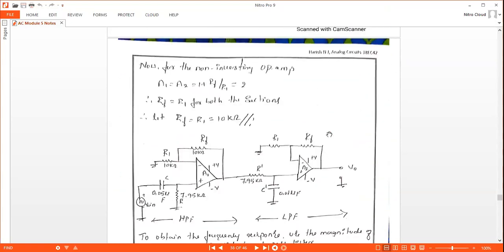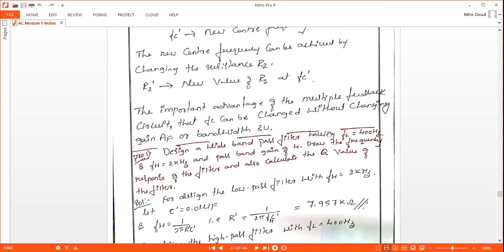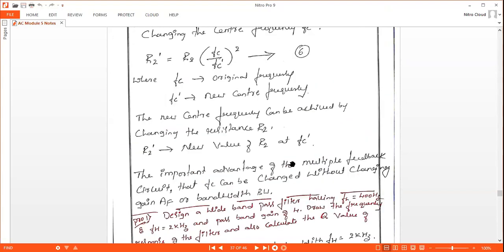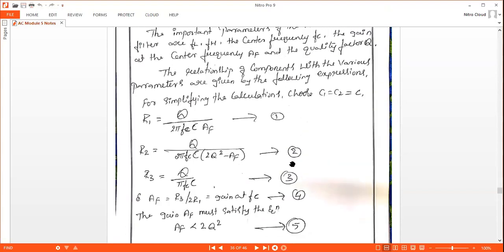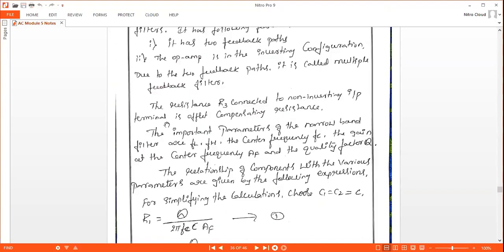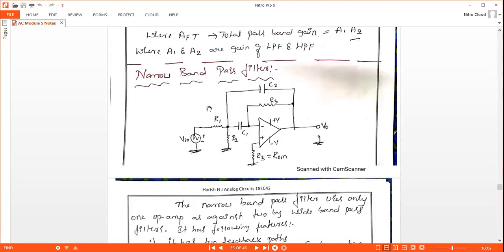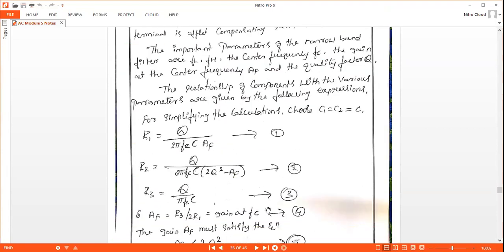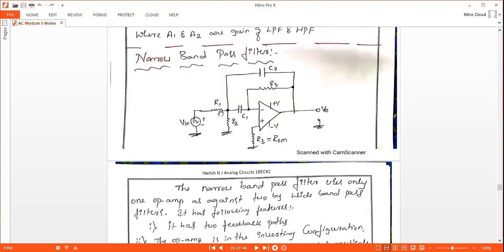One example we have taken here is the problem formula. We have to design this one. Look at the circuitry: we have R1, R2 and R3, three resistances.